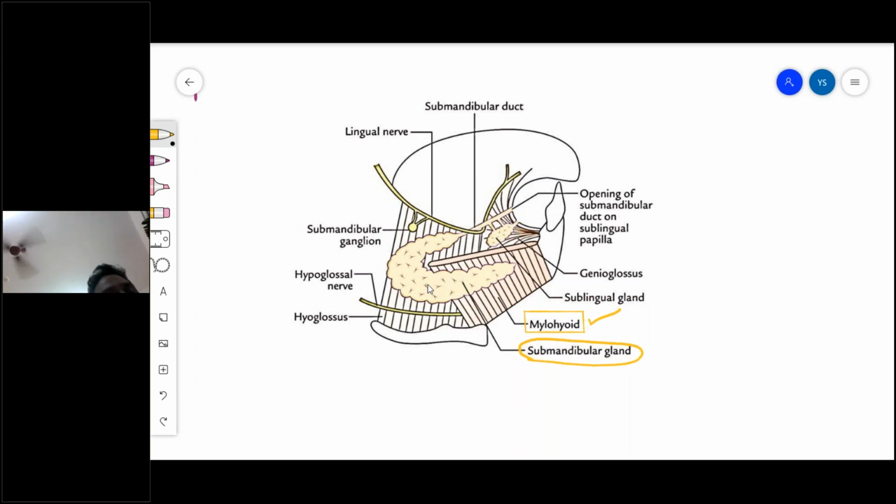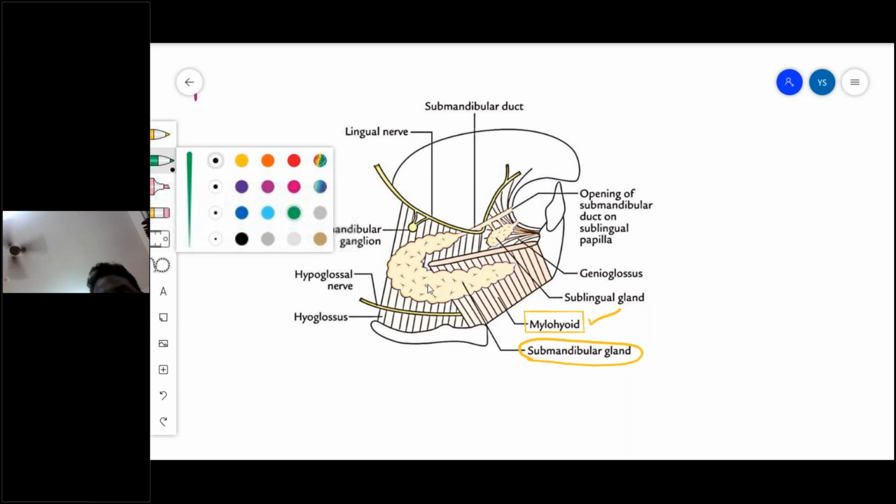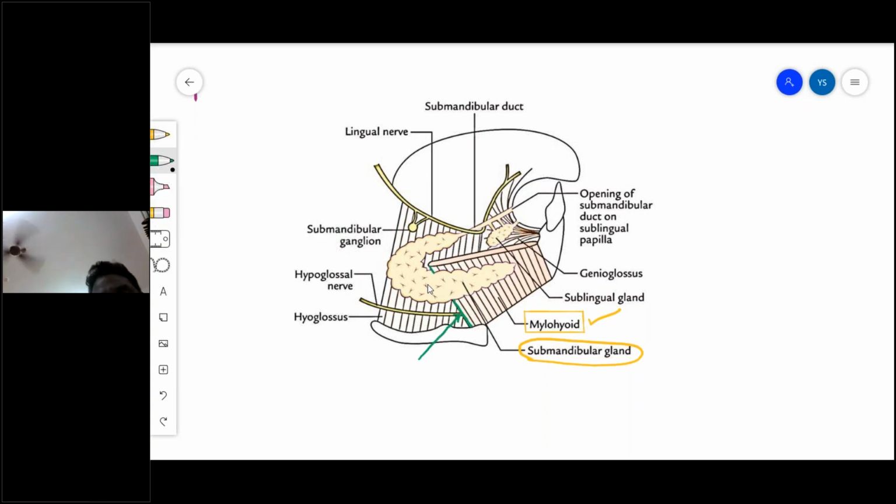You can see in the picture that mylohyoid muscle, posterior border. With the green arrow, I'm showing you that border is grooving the submandibular gland and divides the submandibular gland into